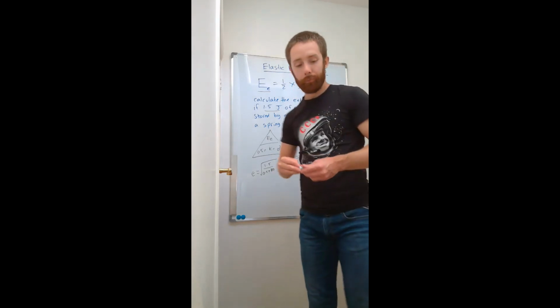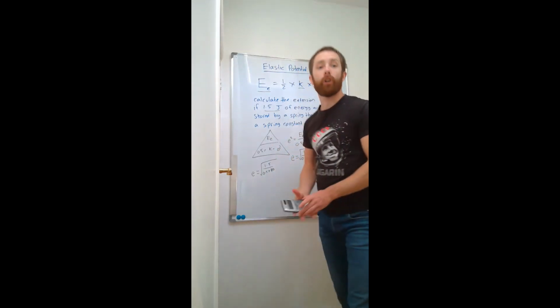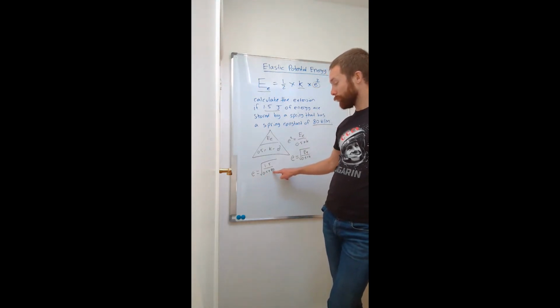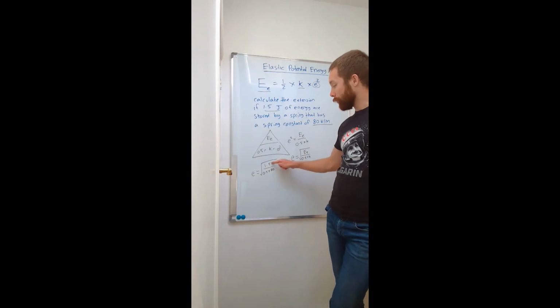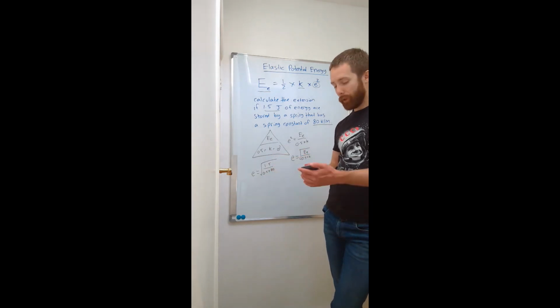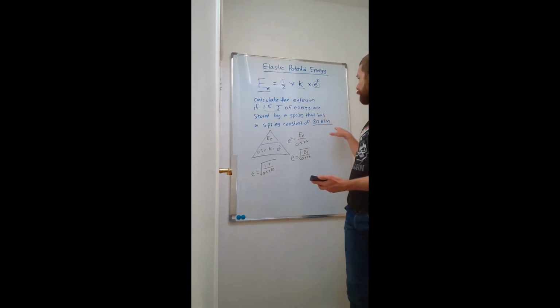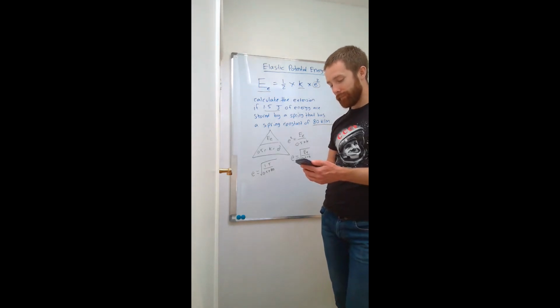80. Now again, if you've not got access to a scientific calculator, then you need to do this bit on the bottom here first. 0.5 times 80 is 40, then do the 1.5 over 40 and square root it. But I'm going to do it all in one. I'm going to press my square root button, I'm going to press my fraction button, I'm going to press 1.5 on the top, 0.5 times 80 on the bottom. I'm going to check all my units, I'm happy with those, okay? And this is going to give me